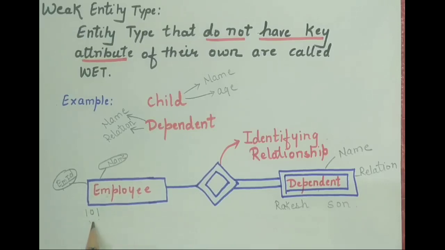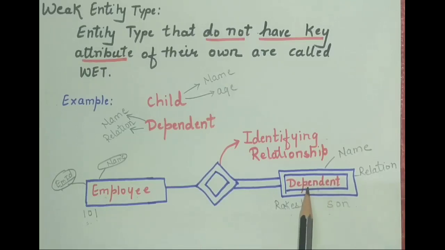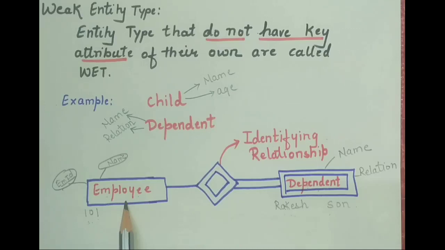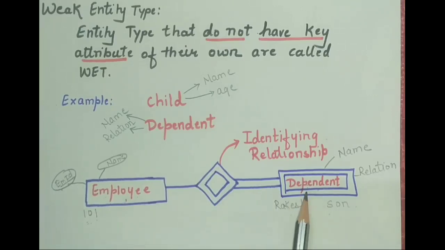Employee is working in the company, and extra detail for this employee is taken as the dependent. What is his son's name, right? So basically his son's name is Rakesh and the relation is son. But remember here one thing, this won't exist unless this is there, right? Company will keep a record only for the employee, right? And with this employee it is going to keep the record for its dependent. That's why here we say a weak entity won't exist